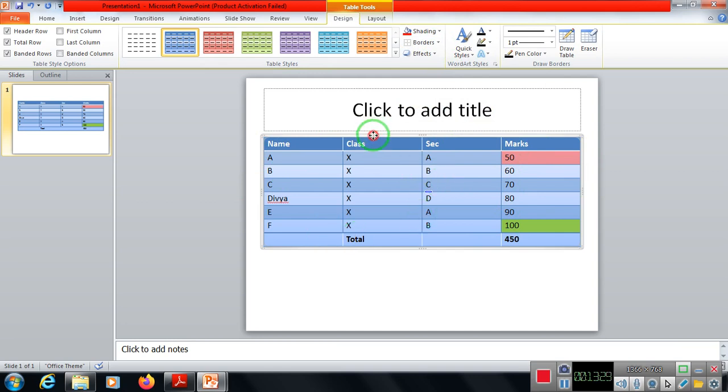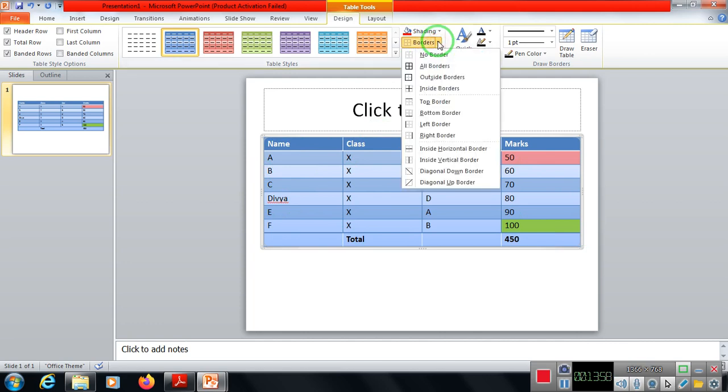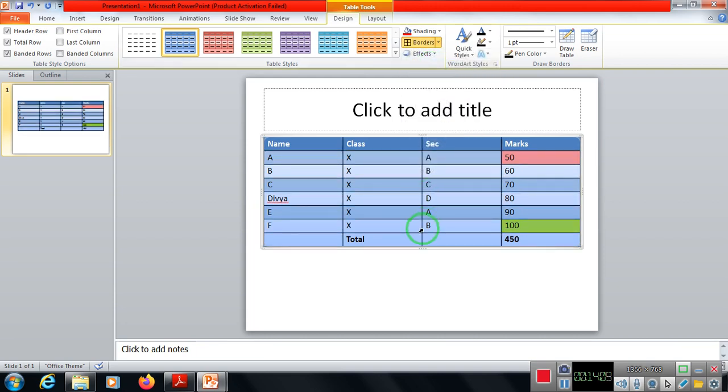Okay, so select a complete cell. Just check it out. I'm selecting a cell right now. I'm not selecting a cell, I'm selecting a table. For selecting a table, just go to the top or any other particular side of a table, and when you get a side arrow key, then just click over here. Now you can see this, my table is selected and my cursor is not anywhere in this particular cell. So go to borders, which type of border you require: all, outside, inside, top border, inside horizontal borders, or something like this. Suppose I'm using all borders, so it will be displayed in all borders.